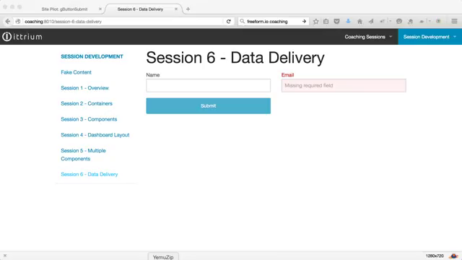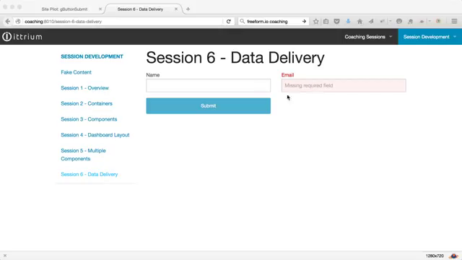Okay, so now we're ready to talk about data delivery. Data delivery in freeform I/O is a concept that allows us to take the data that we validated through the application that we know is ready to go, and deliver it somewhere. We'll cover various delivery topics like updating a database or sending data to a third-party web service, but for the time being, we're just going to focus on sending out an email that has the information that we collected